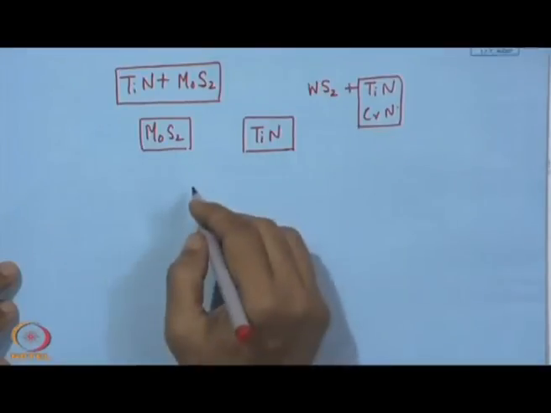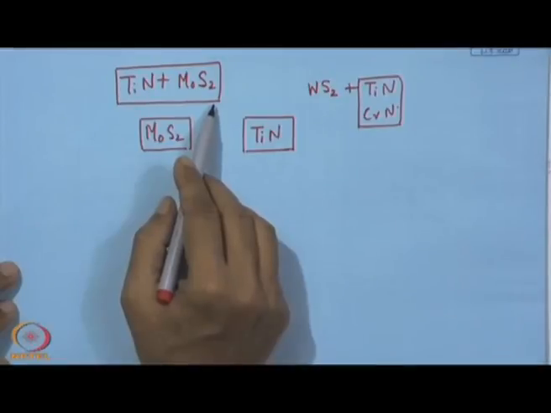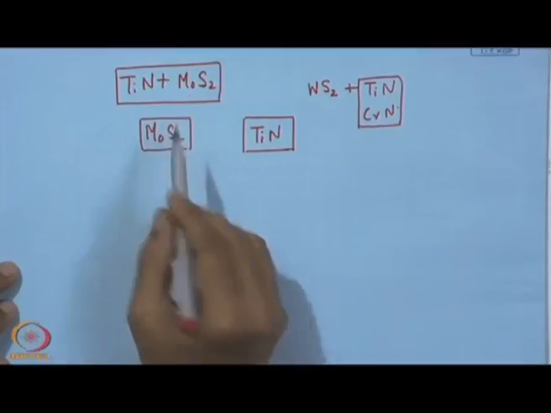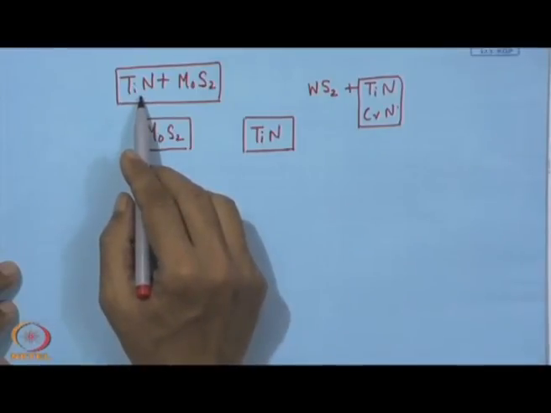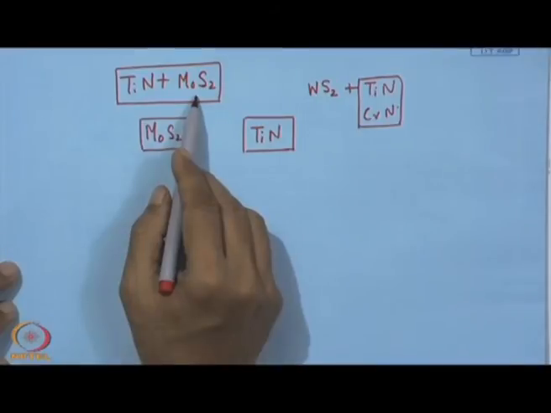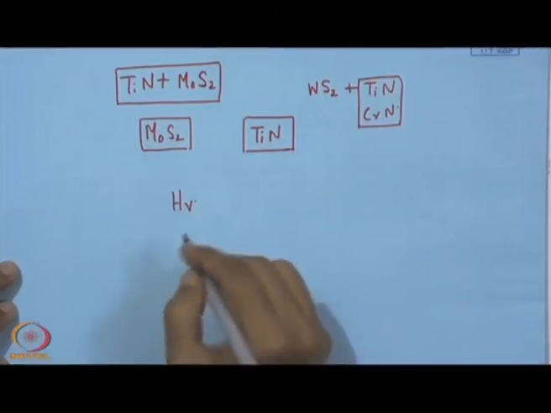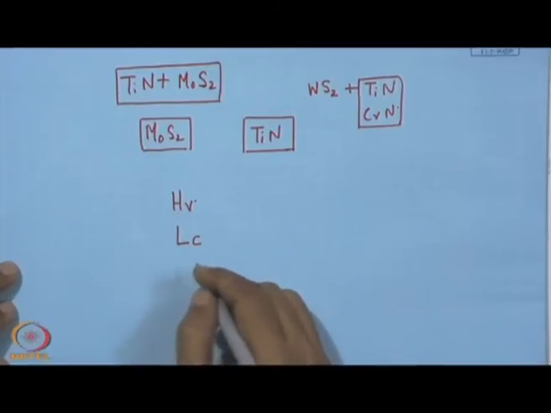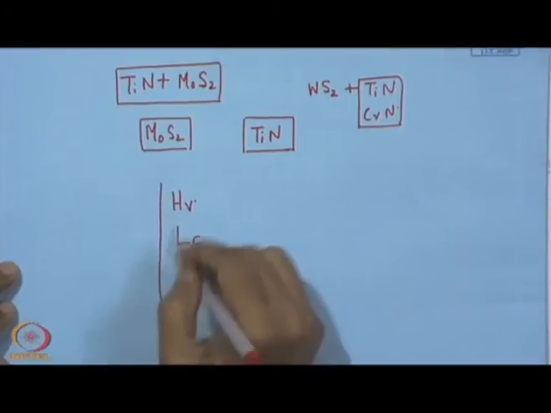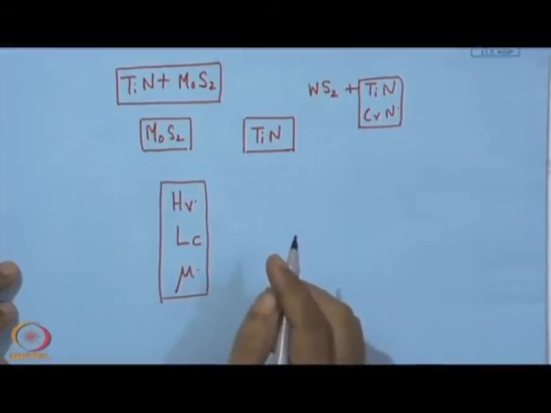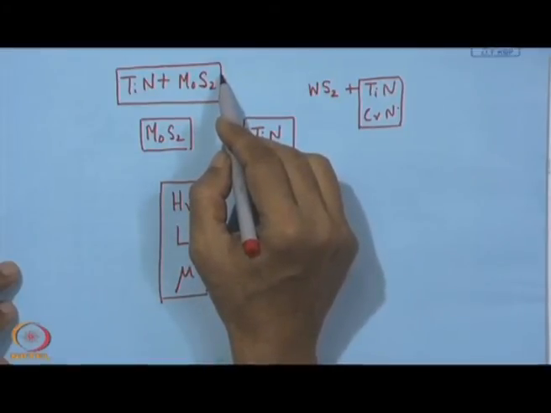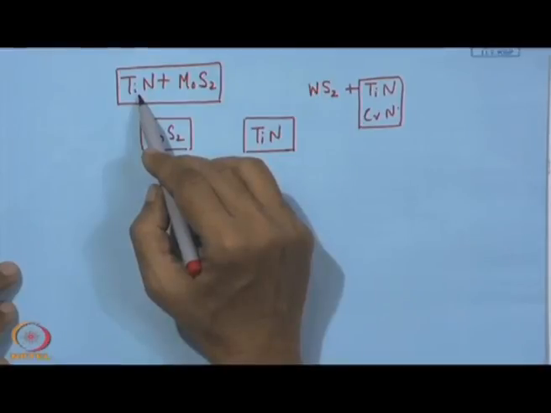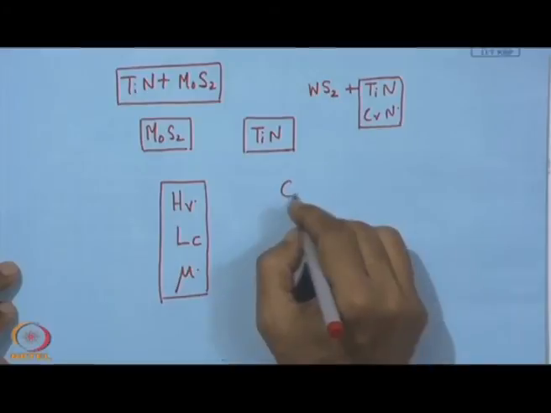Here comes the question of, once we are resolved that titanium nitride and MoS2 is the combination, then we also have to find out what will be the percentage of titanium nitride and molybdenum disulphide to get the best value of hardness, best value of grain size, best value of critical load for adhesion, and also the best value of coefficient of friction. Now, for this we need the process parameters for depositing MoS2 and for deposition of titanium nitride, and for that we need the cathode current